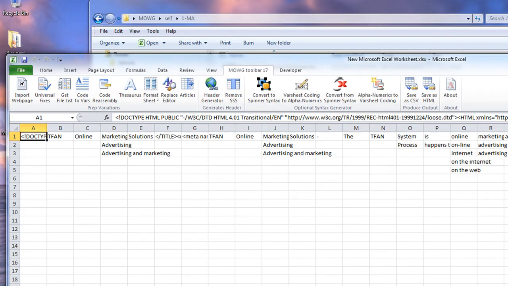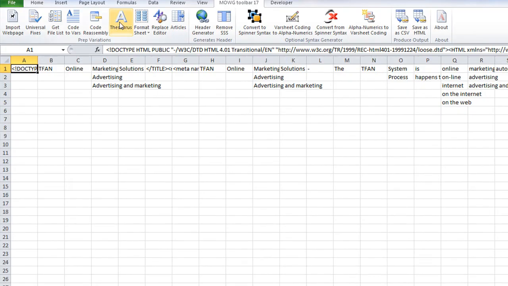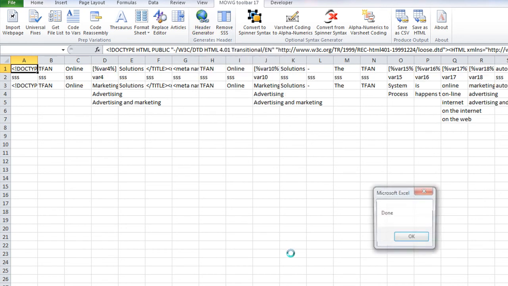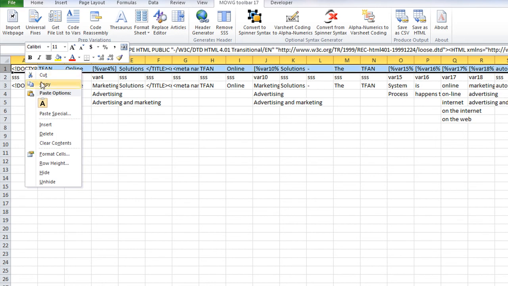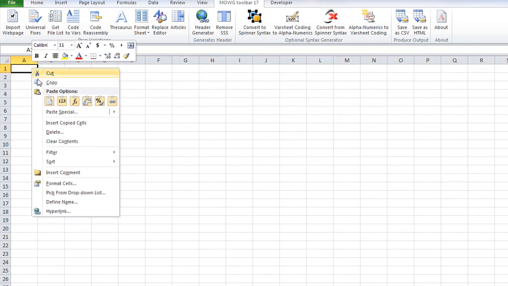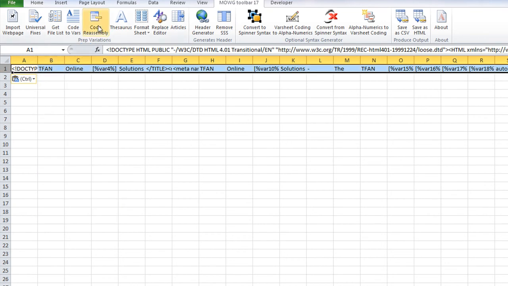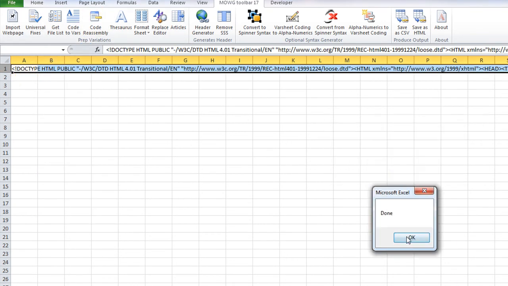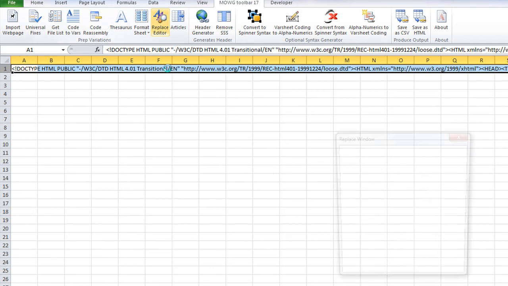See how we wound up at this point where it simulates having just run the thesaurus and cleaned it all up. We're at the point where we're ready now for the header generator. And so when we do that, it gives us our header with all the proper combinations. So let's put that on a new sheet, paste, and do this again, code reassembly, and run the replace editor on it,